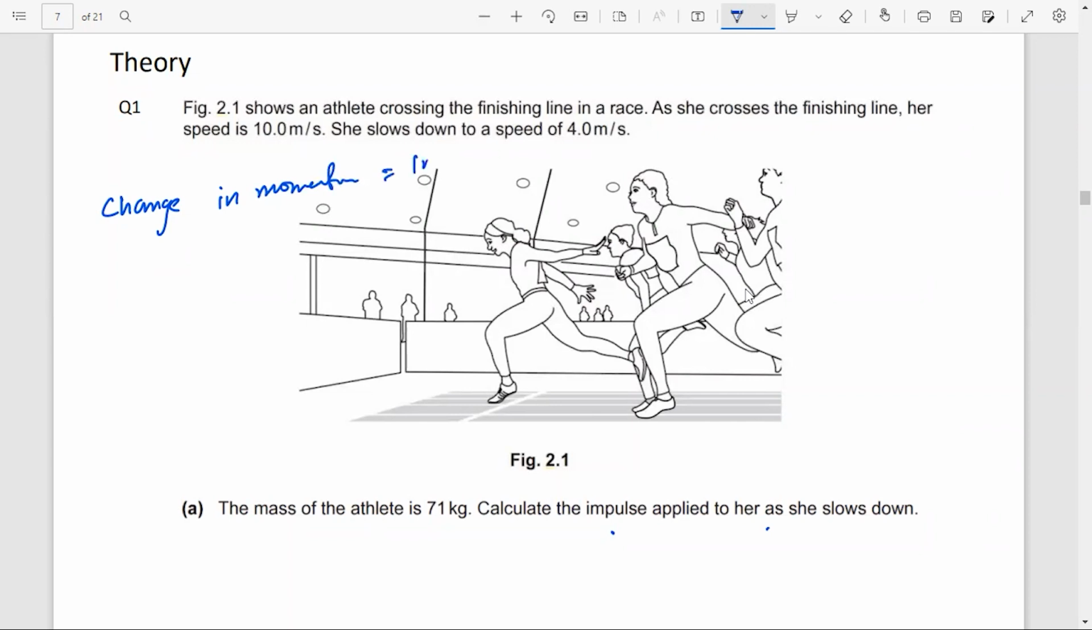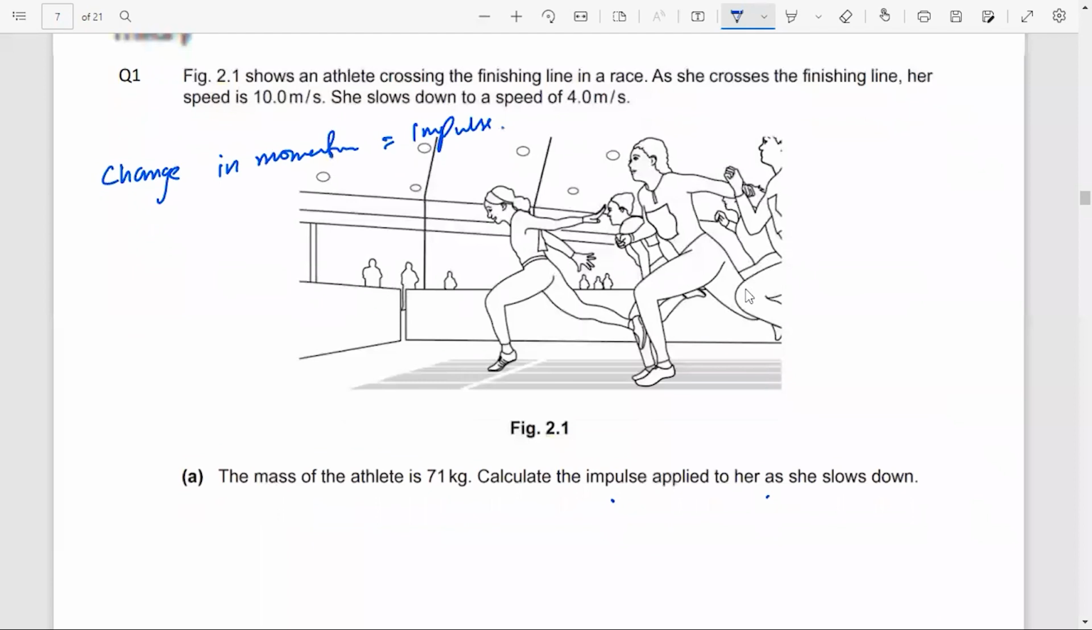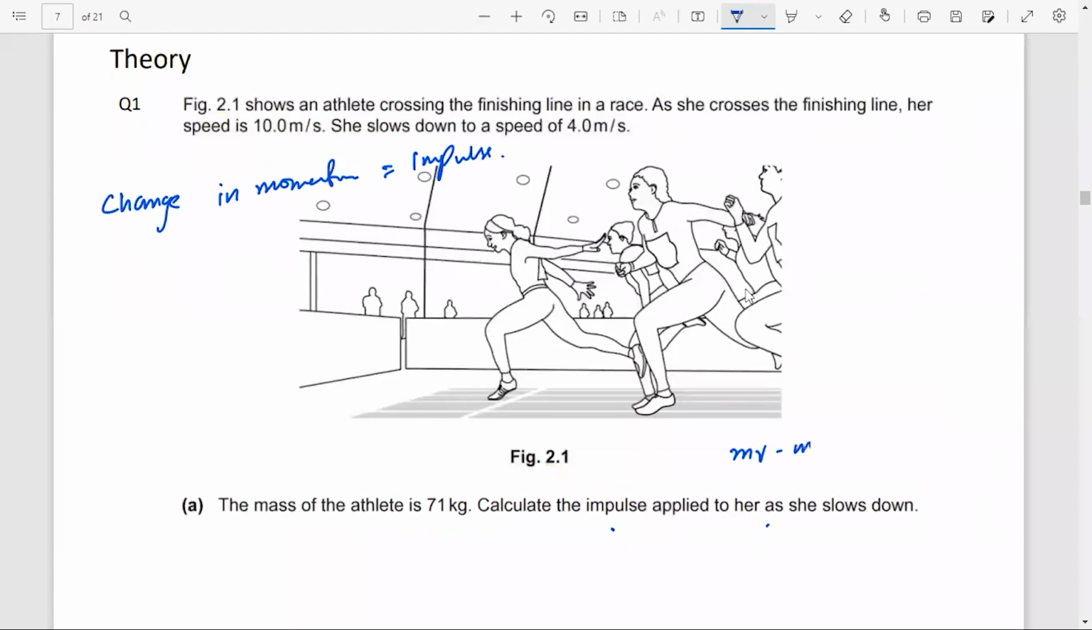is equal to impulse, right? So the impulse applied to this is mv minus mu, and you will be able to figure out that mass is whatever, what's the mass, 71। इसको आप करेंगे तो आपका आंसर